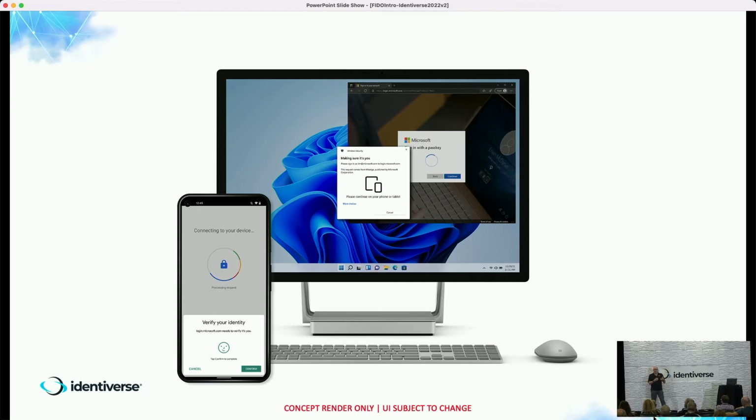In the past, I would have had to create one using the platform authenticator, the built-in one, on my MacBook, and then create a separate one on my iPhone. So I'd have to do two registrations for the same site, which clearly is a degree of inconvenience, especially when you've got lots of sites. Safe, protected, all those other things, but there are still some user challenges there.